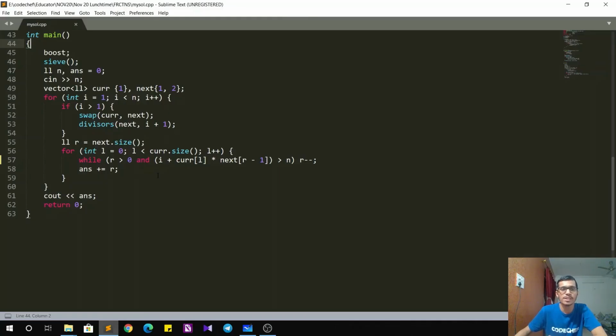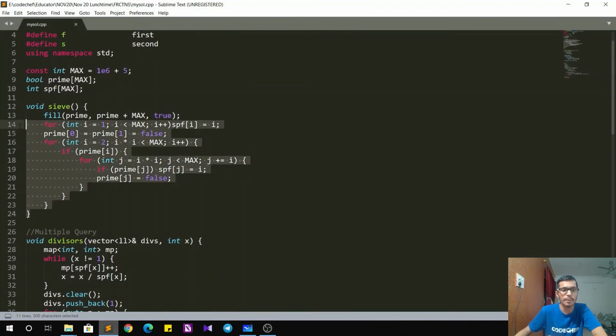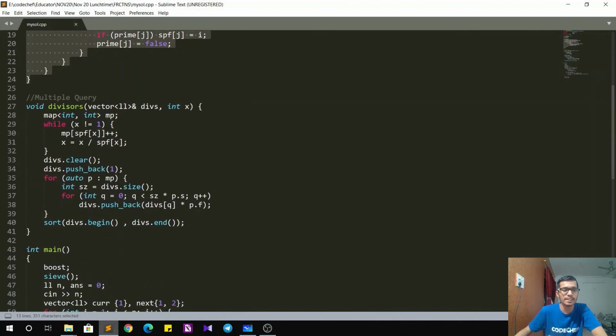So now we move towards the implementation of the code. As you can see here, I start my code by initializing my sieve, because I would be needing the prime numbers and the prime factorization to find the divisors of a number. So I initialize my sieve. It is a function which calculates the prime numbers and the smallest prime factors for each of the numbers. Think of this sieve function and this divisors function as helper functions which directly give me the divisors of a particular number. So if you consider them as a black box,